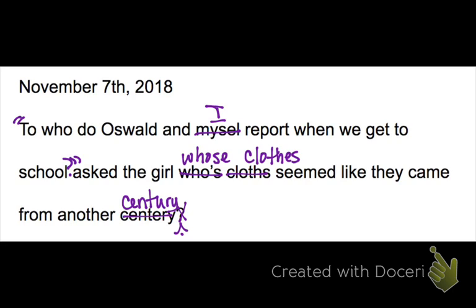Say it. Or guess. What is that after the school? After school, it's a question mark, close quote. You're not going to capitalize asked, if that's what you're thinking, because it's the end punctuation. Normally you would if it were another sentence, but because it's quoted material, it's not going to close out the sentence. What actually closes out the sentence is ask the girl.